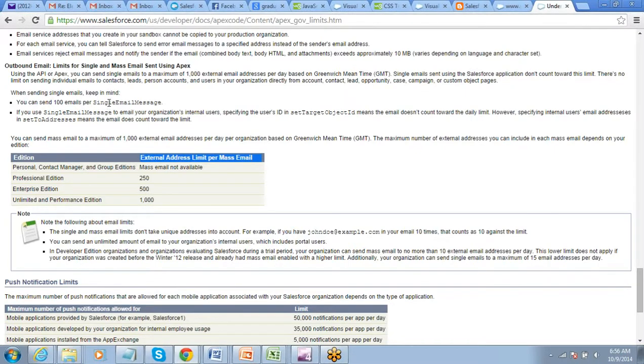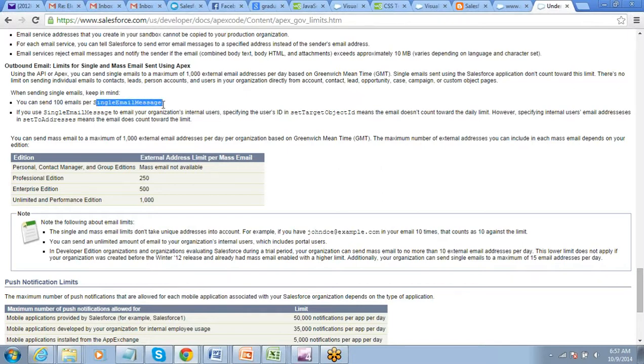For single email, you can send 100 emails per single email message. So there are two types of email methods: single email message and mass email message. Mass email message, this is the limit. So for Enterprise Edition you can send 500. For single email message you can send 100. And this 100 is per single email message.